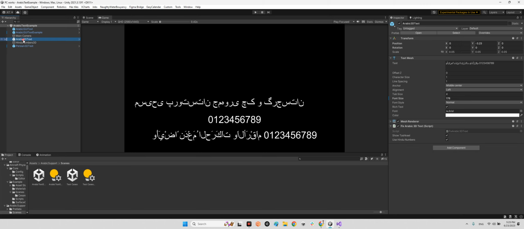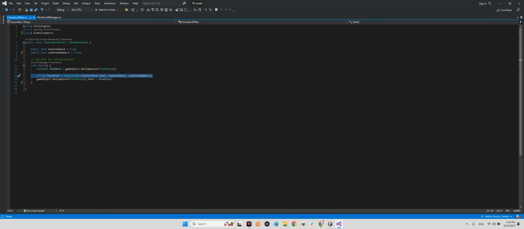In the Arabic 3D text, we have written the Arabic words with numbers, and we're gonna use fixed Arabic 3D text for fixing first right to left, and after that combining the letters and make the fixed Arabic words. We are using fixed Arabic 3D text here, which is